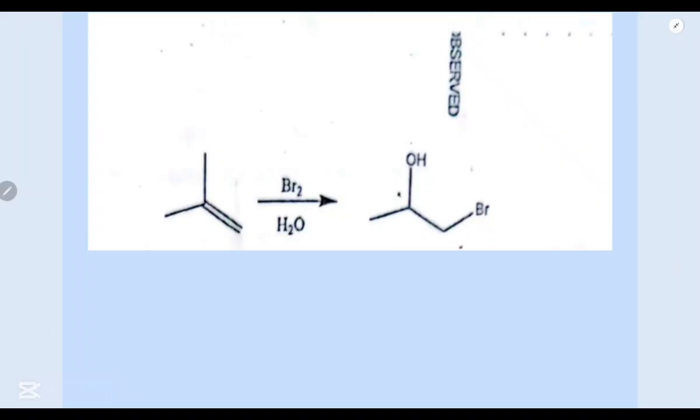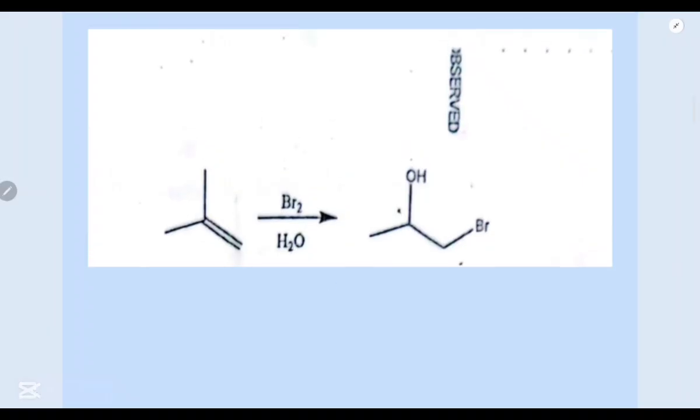So the mechanism will start first with the starting material, which is, then the bromide. So the double bond will be used as a nucleophile attacking that one, the bromine expelling this bond, meaning here our product will be